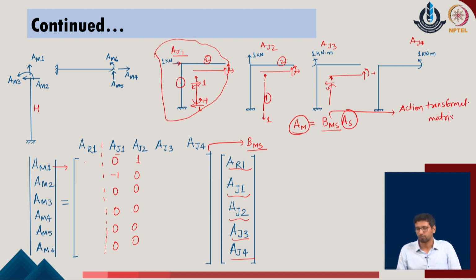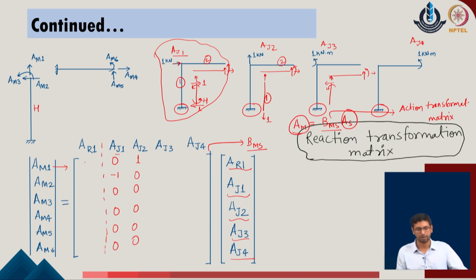In the same manner, as we are applying the unit forces in the direction of each of these structural action forces, I can also keep on calculating the reactions generated at the ends of all of these members or all of the supports of the given problem, and those will be helpful when we want to evaluate the reactions of the overall system, because we have already seen the procedure of the matrix analysis in which we want to evaluate the reactions of the given system in parallel as well. So we define the reaction transformation matrix, which evaluates the reactions of the given system.